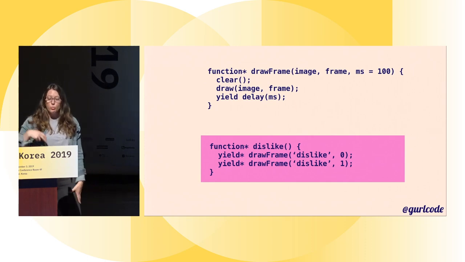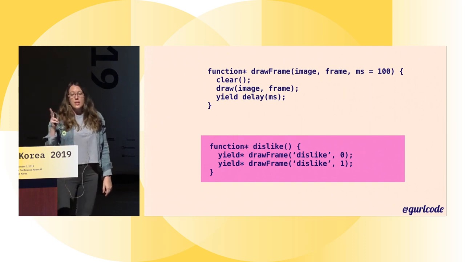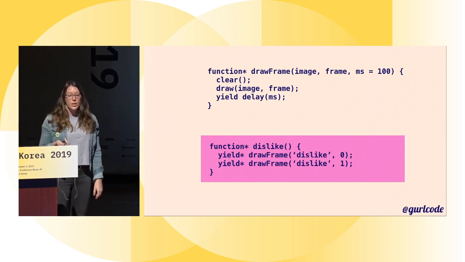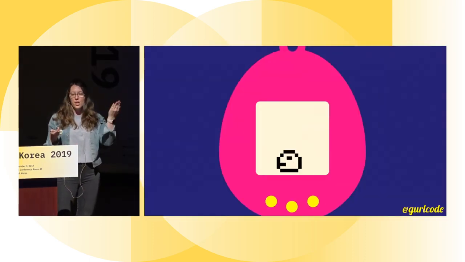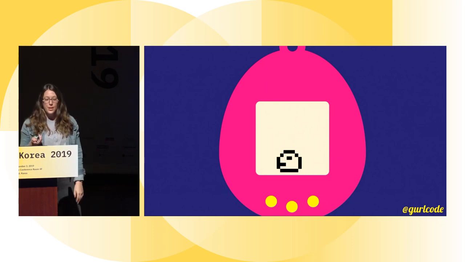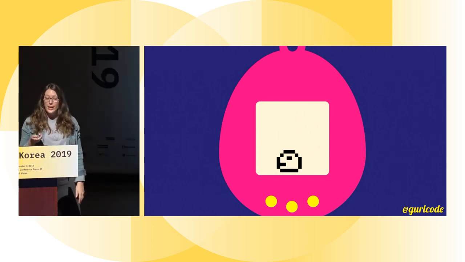And now I can redraw the dislike animation. This is an animation that has two frames. You can see this gets a lot cleaner than the code that I had previously. And here is our Tamagotchi saying, like, nope, I don't like whatever's going on. I'm running out of time, but very quickly,